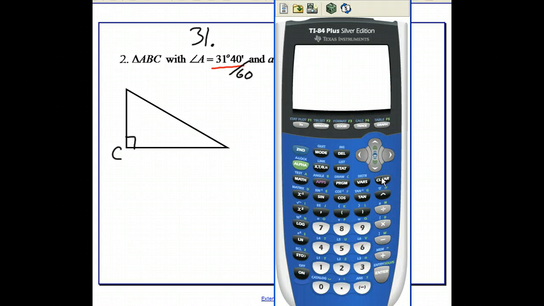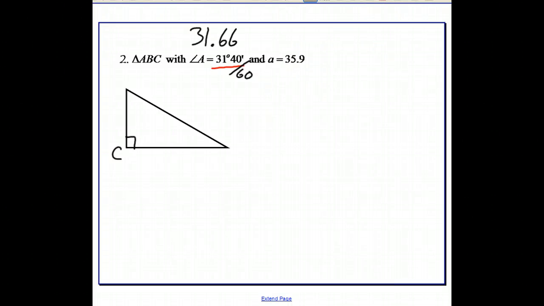Let's clear that out. We'll go 40 divided by 60. All right, and again, 3 decimal places. We get 0.667. So we've got our angle A is equal to 31.667. So let's label these again. Here we go. Let's go with angle A,